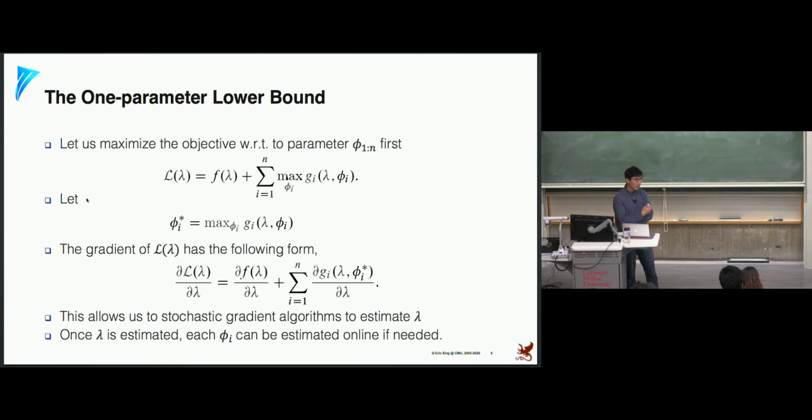And if we do stochastic updates for lambda, then we might as well just optimize for one local parameter, let's say phi of i, and then do the stochastic update for lambda, and then choose the second data point, phi of j, and then do the global parameter update for lambda again. So that way we can update the model frequently enough to make the convergence faster. So that's what we mean by online here.